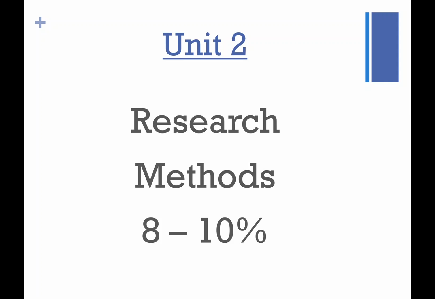Let's get into Unit 2. Unit 2 is about research methods. Traditionally, it is a higher percentage of the exam, with the traditional makeup of the exam being 66% multiple choice questions. Unit 2 is 8 to 10% of those questions, so anywhere from 8 to 10 questions, and it's actually one of the two FRQ questions, so it is a big percentage of the exam,